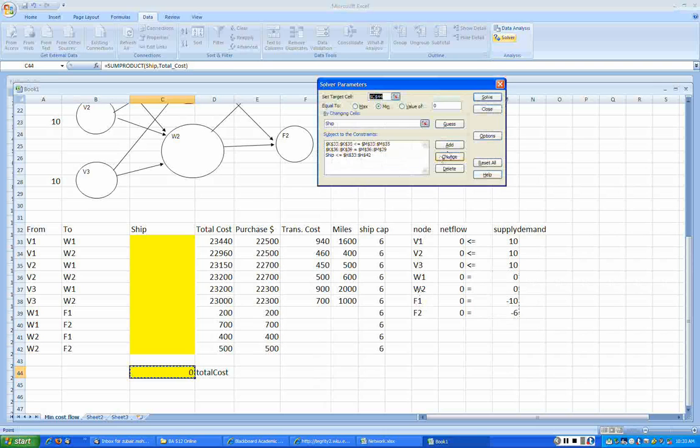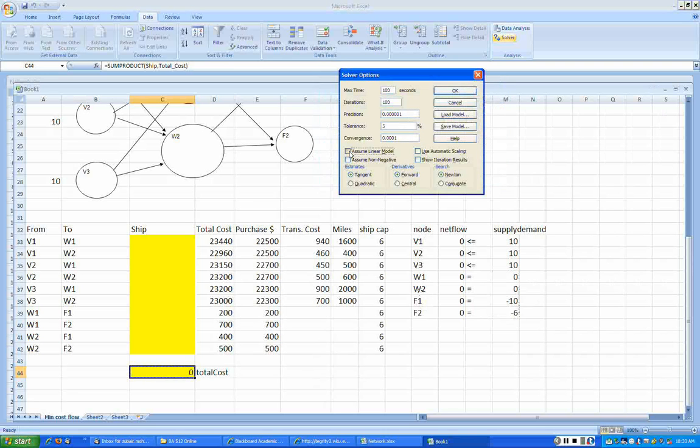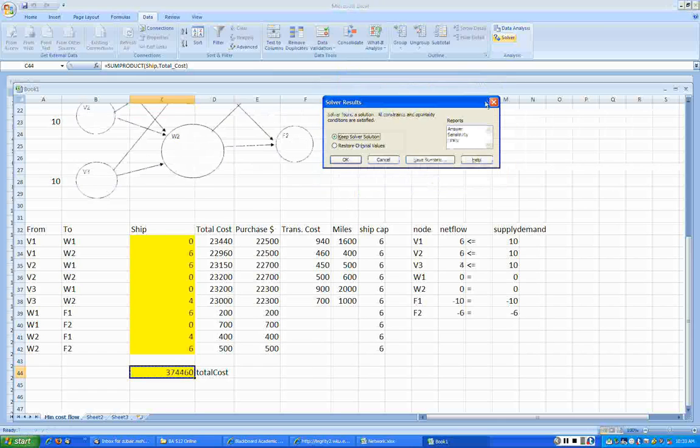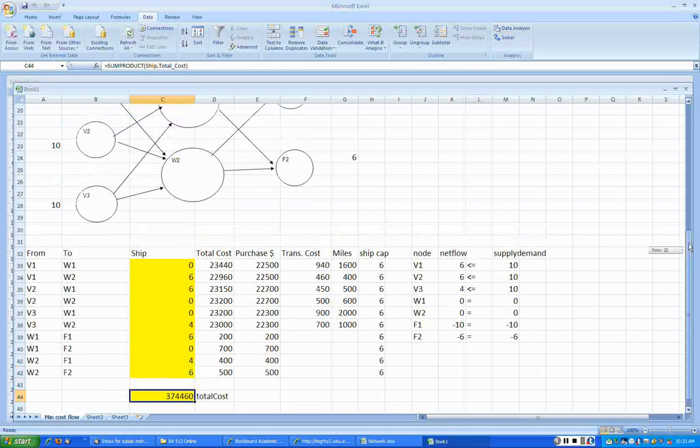Click OK. Options, linear, non-negative. Click OK and solve. Okay. When you solve, it found a solution. All conditions are satisfied. Click OK. Now what does this recommendation say? The total cost of shipping is